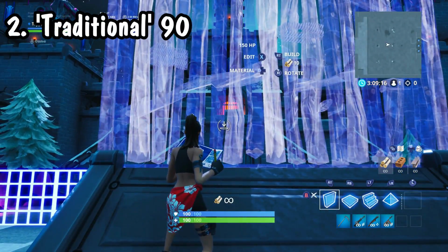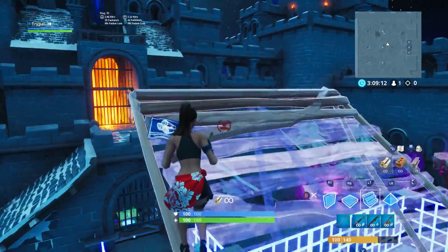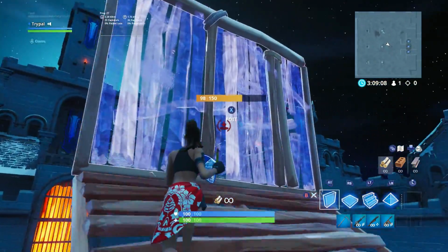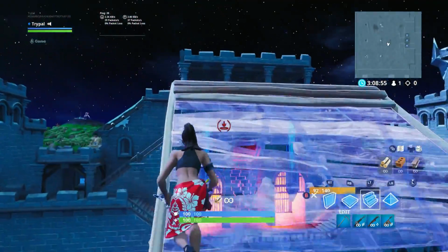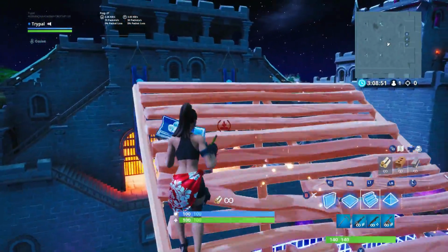Alright, so the next 90 is the traditional 90. Just like that other 90, we're going to be doing that same exact diagonal, and what this allows us to do is not hit that wall. If you hit this wall, then you will slow down and your 90 will not be as efficient as it can be, nor will it be as fast. So again, cut this corner off. That's the only thing you want to do in this 90 is cut that corner off,